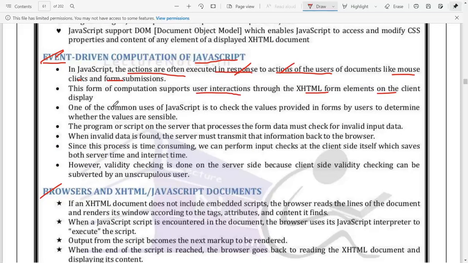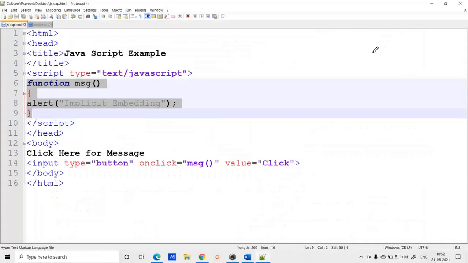Now, one of the common uses of JavaScript is to check values provided in the forms by the user to determine whether the values are sensible or not. As I told you, JavaScript is basically used for client-side scripting. Client-side scripting is, suppose I just